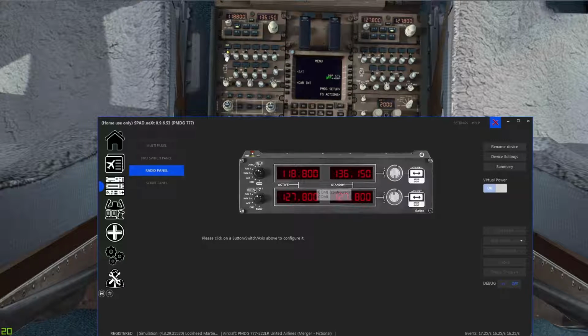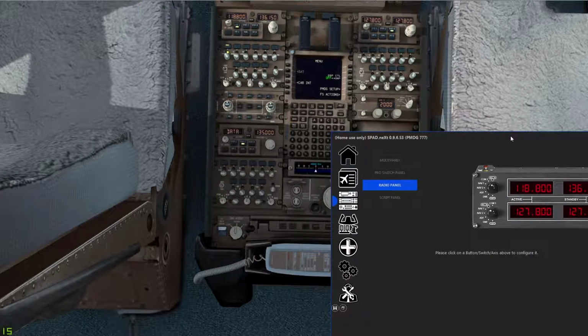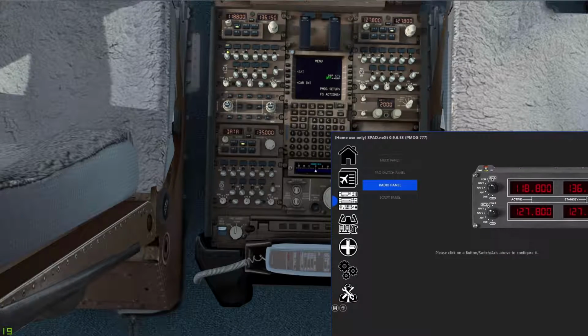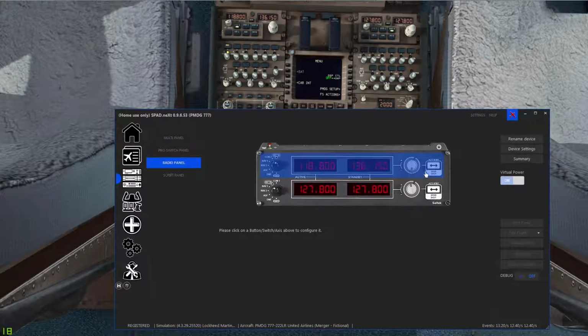So in this audio panel, each one of these knobs is a virtual volume control. Now, you can't actually adjust the volumes. It is what it is. So if I come in here and we come onto this, you'll notice there is no actually adjusting the volume. It's either on or off. But in real life, it's like a little mini audio mixer. You could tune each volume and set them at individual levels, which is really nice. But you can't control that, so in SPAD, changing that value is never going to take, because